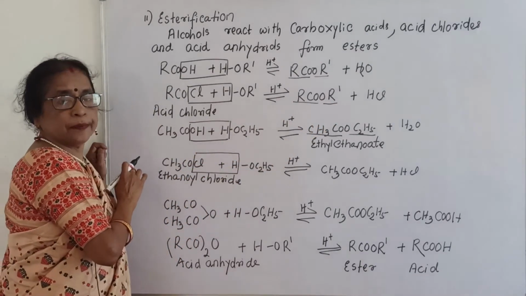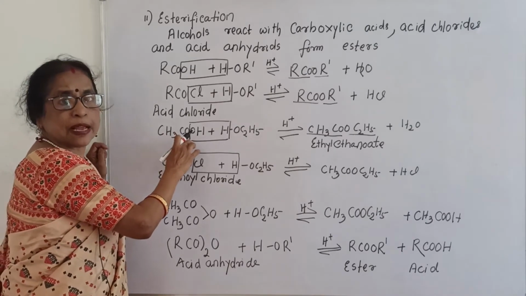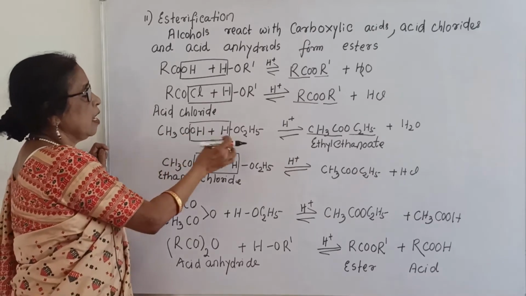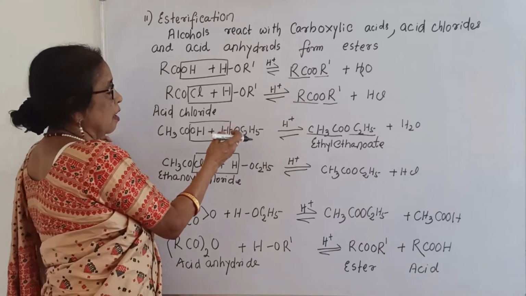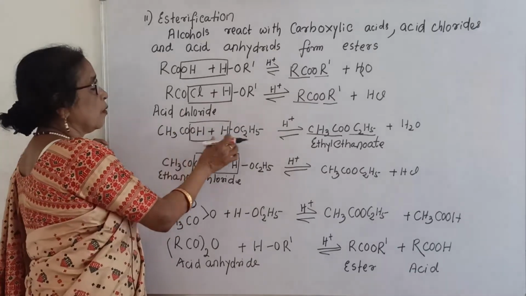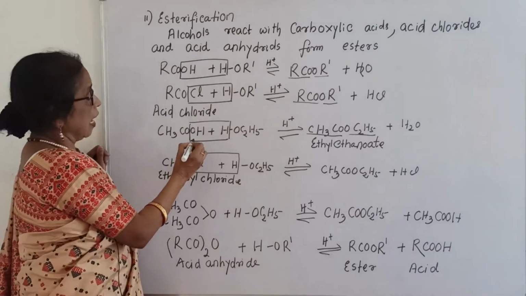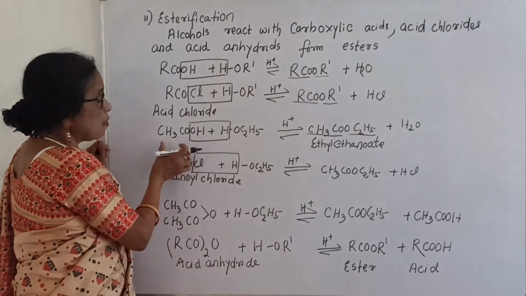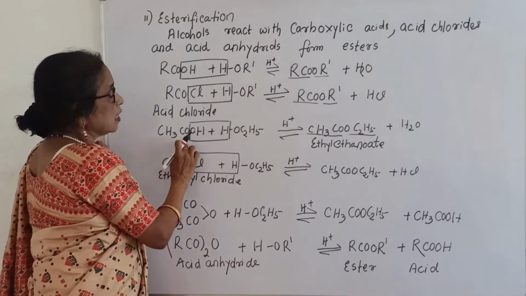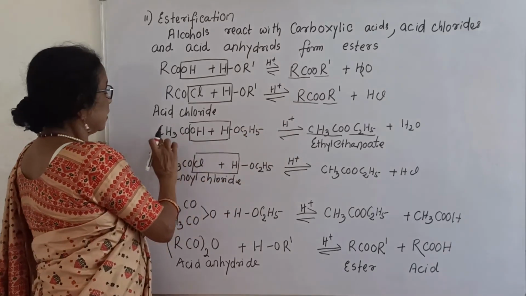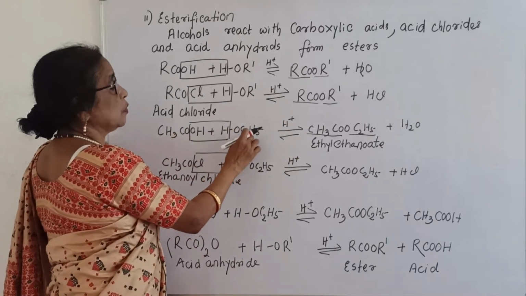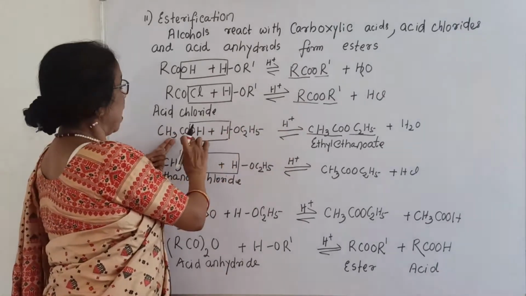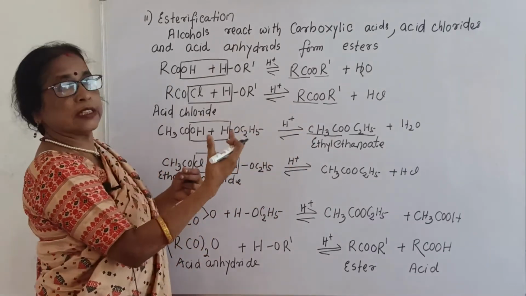Next come to an example. This is acetic acid by common name, CH3COOH. C2H5OH is ethyl alcohol. So what happens when they combine? Now I have shown here how the water molecule is produced as a byproduct, and what is remaining? CH3COOC2H5. Put the same part here, that means ethyl, that is called ethyl ethanoate.